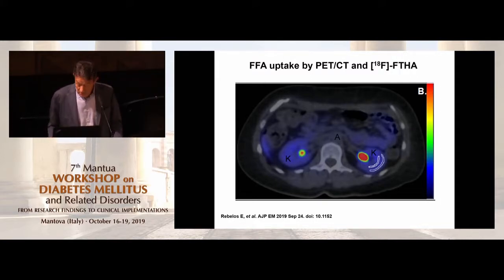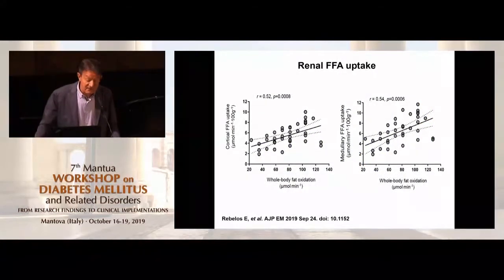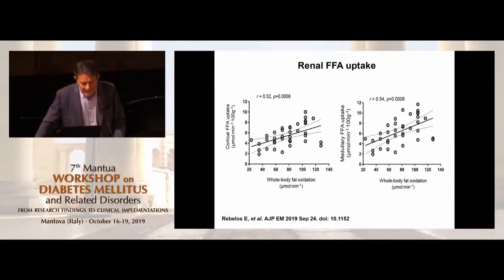And so then you can start looking at quantitative measures, for example, finding, perhaps not surprising, that the uptake of free fatty acids by the human kidney is related to the whole body oxidation rate. So when you have an excess of fatty acids, there will be an excess of fatty acid oxidation, as I mentioned previously, and this will be reflected kind of in a parallel way in several organs, and one of them is, in fact, the kidney. And this is true of the cortex as well as the medulla.